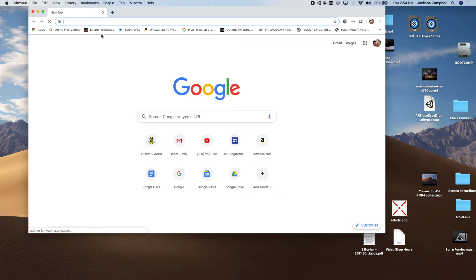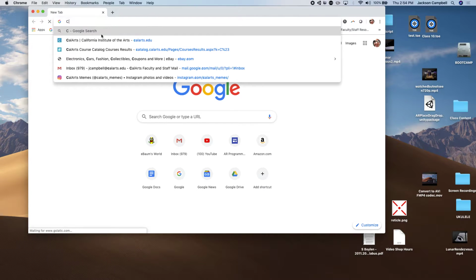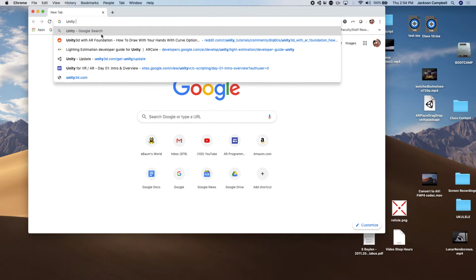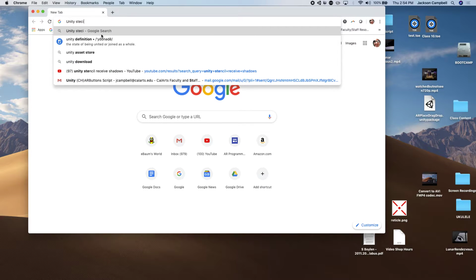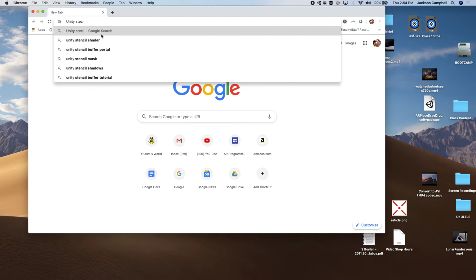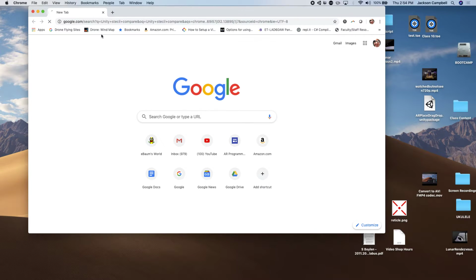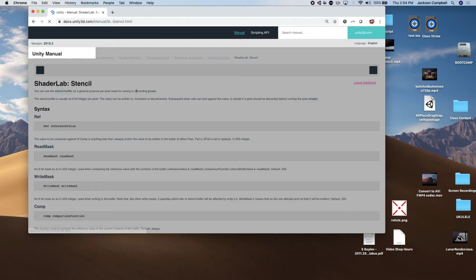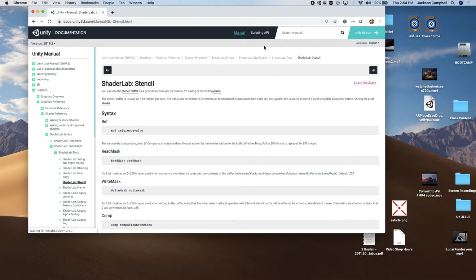So if you search for Unity stencil compare, I believe is the function that we're going to be using. And you go to this ShaderLab Stencil Unity manual. If you go into the scripting API for this,